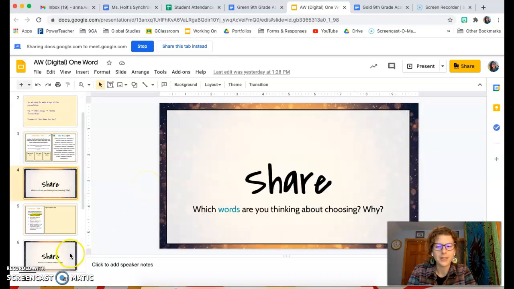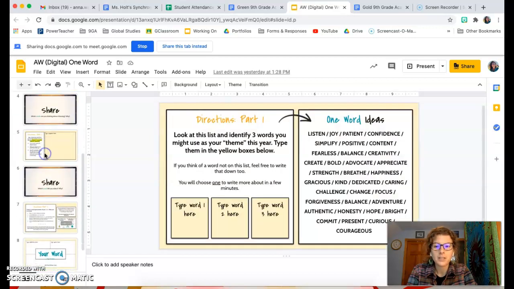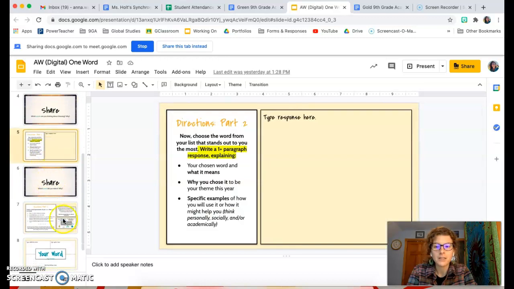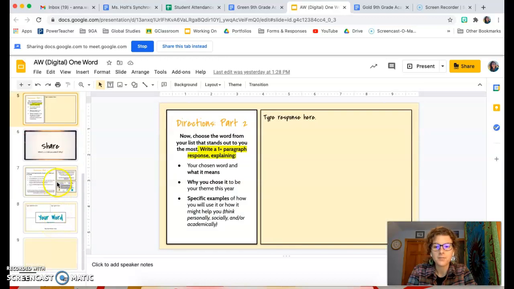The slide 4 and 6 where it says share, if we're not doing this as a group in class, then that won't happen. We'll share at a later point. But your directions are in here. There's spaces to do it in here. Oops, I will change that and get rid of that yellow for you when I'm done this video.